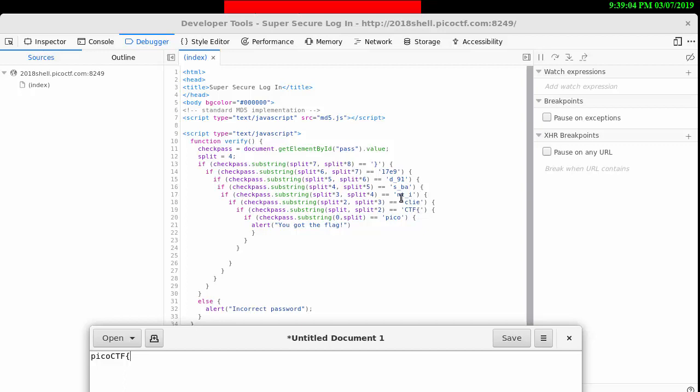Then it says client, and then underscore IS, underscore bad, and then underscore 9117E9, and then the closing bracket, like that. And we can copy this,